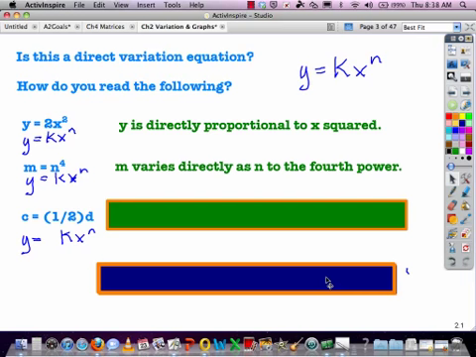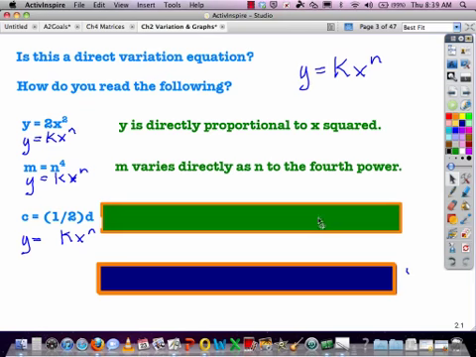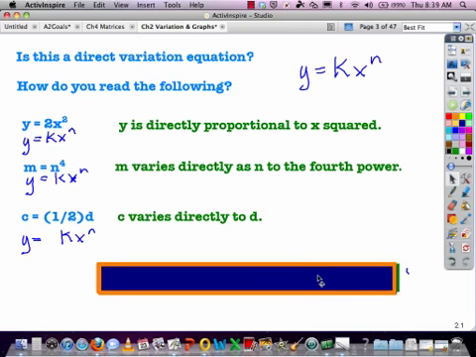M varies directly as n to the fourth power. Another way to say that, y is directly proportional to n to the fourth power, or you could say y is directly proportional to the fourth power of n. And the last one, C varies directly to D. You could say C varies or is directly proportional to D. C varies directly as the first power of D. So there's not just one right way, but you can see there's some key words that must be used when